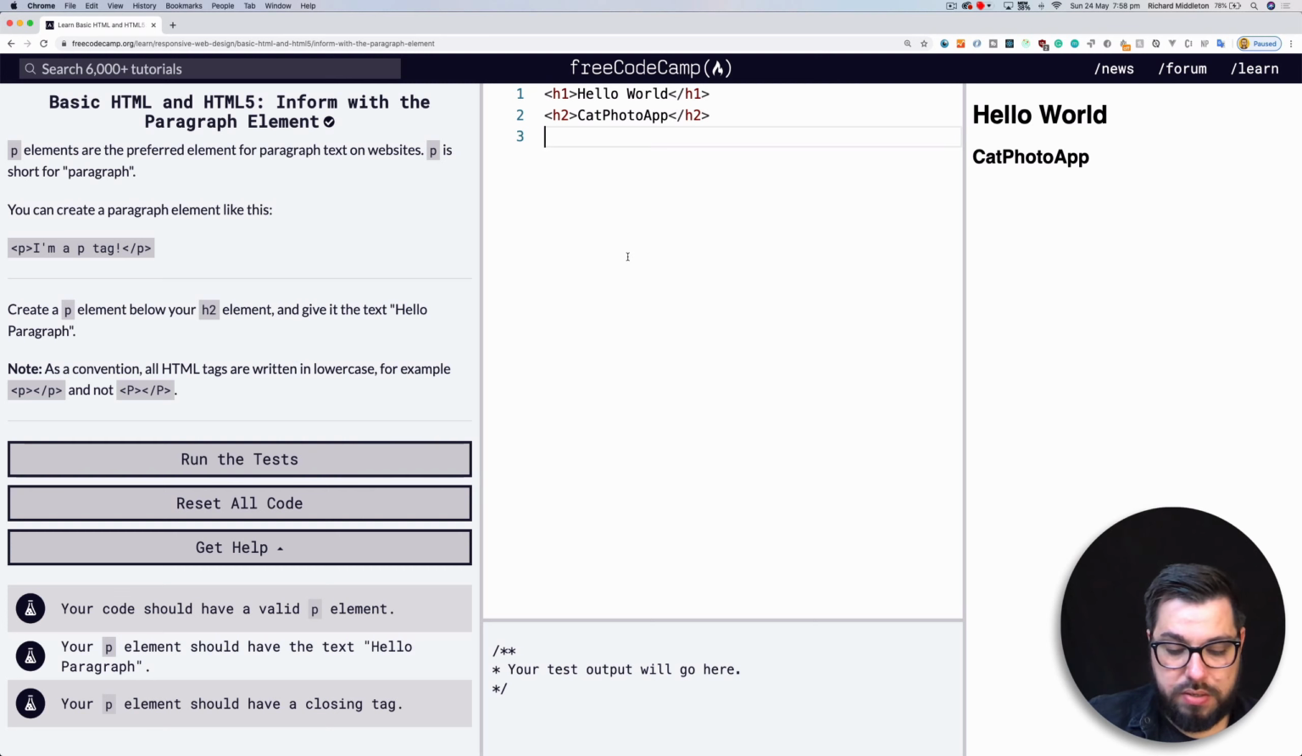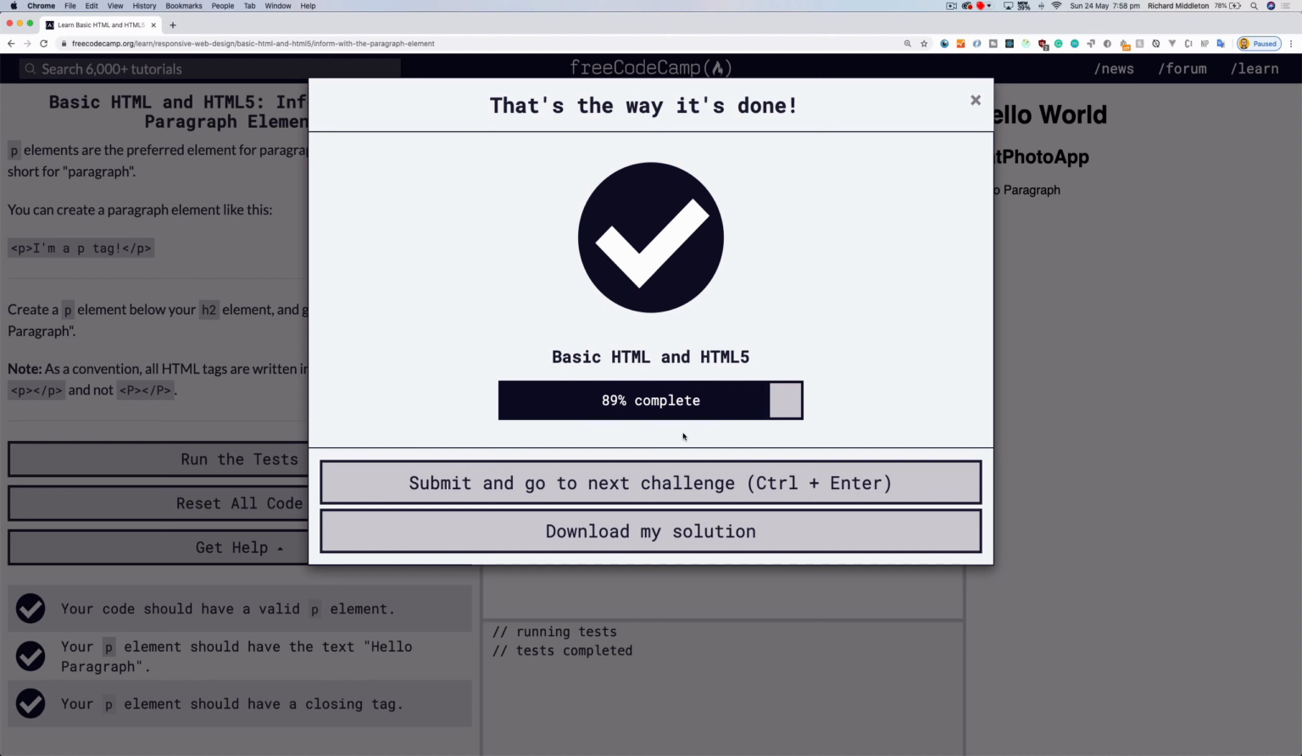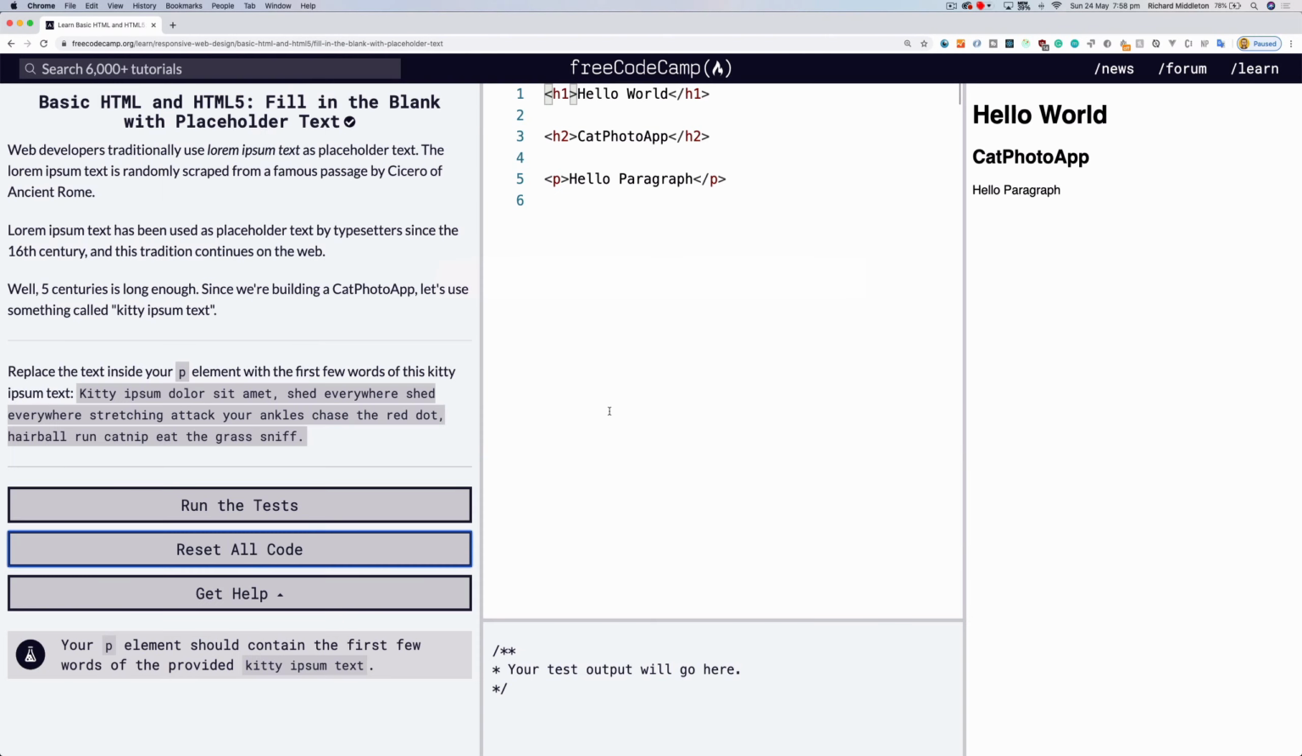Okay, let's do this. By convention, all HTML tags are written in lowercase. Yep, okay, that's true. So we're saying hello paragraph. Closing the P tags out. Great stuff. Run the tests. And we're good. Right, cool. So we're laughing. This takes me back. Right, okay, so